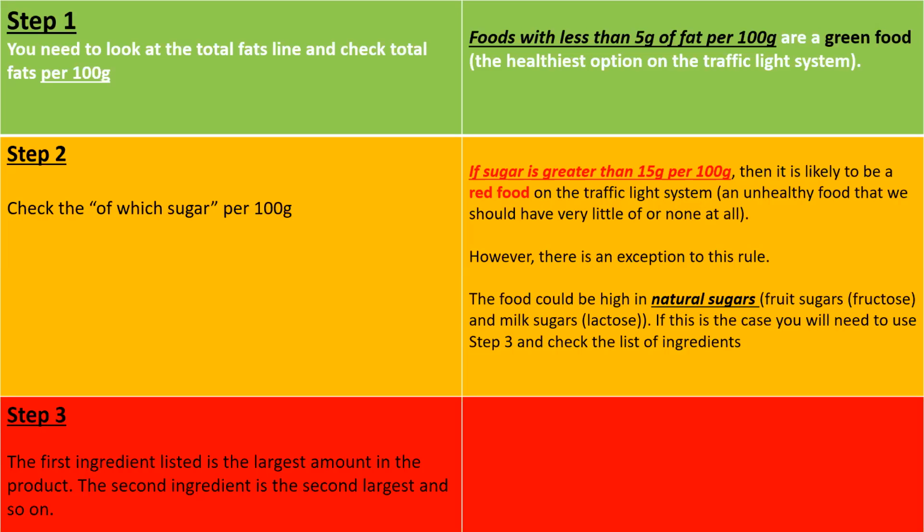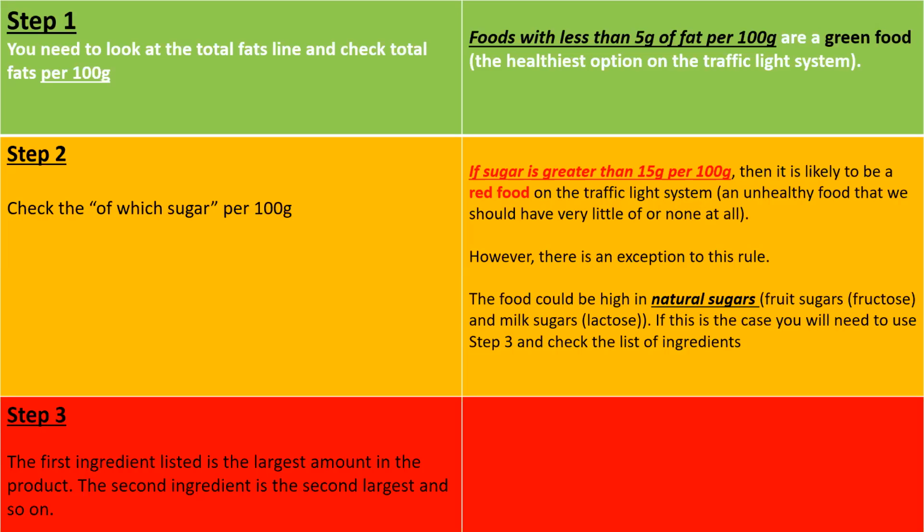Portion sizes can alter from product to product, making it difficult to compare. For example, a serving of cereal may be listed as 30 grams on a box, or 40 grams on another. So it's always best to go for the per 100 grams column. And when you're reading the label, it's important that you look at the fat information on the food label, and that is divided up as well. So when you're looking at it, step 1 is to look at the total fats per 100 grams. If it's less than 5 grams per 100 grams, we're in the green, so that's good to go, and that's a healthy option.